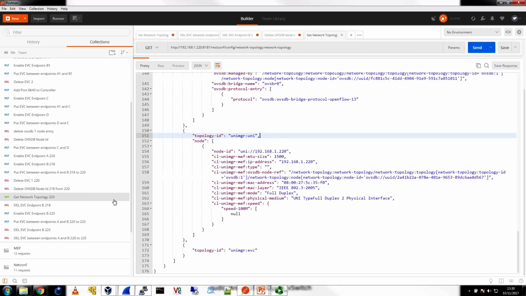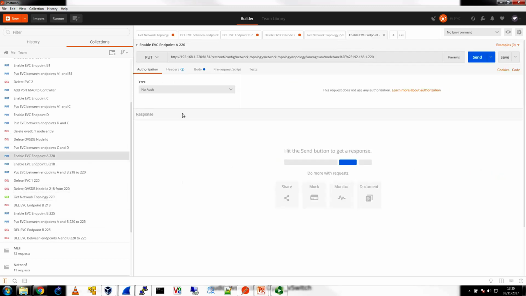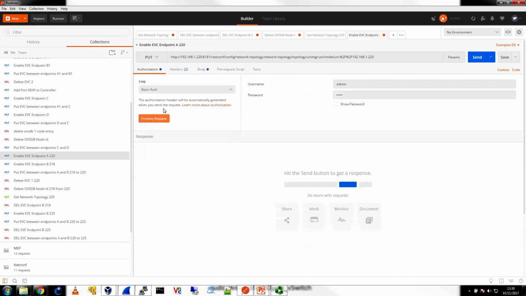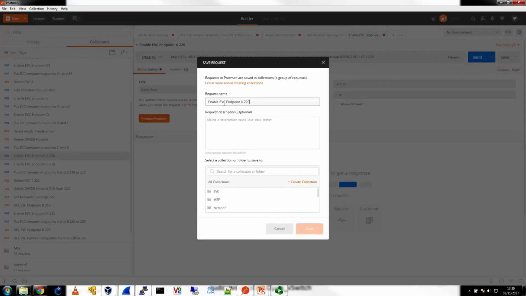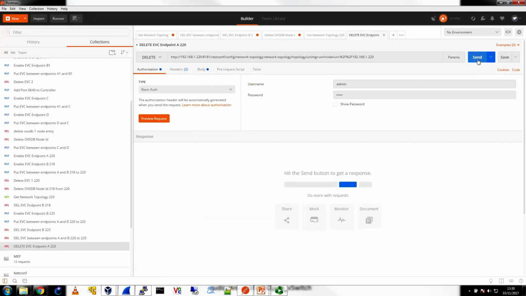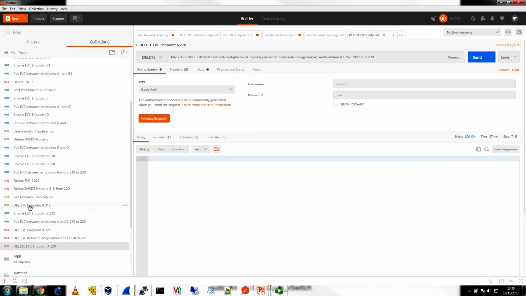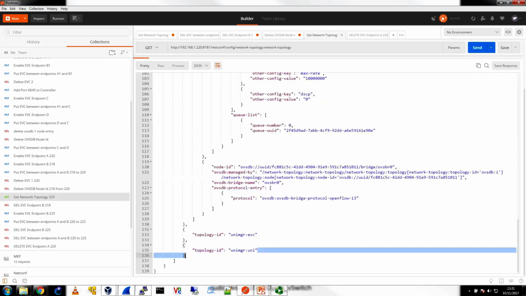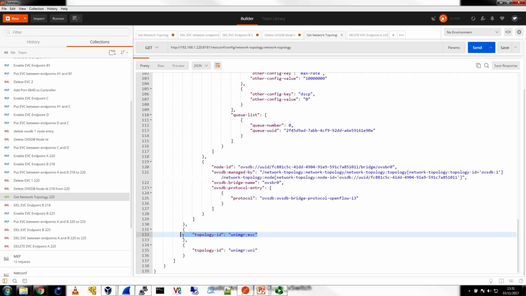So we still need to remove that. That end, if you like, was put using this. So this would be the put with the right authorization. If I now delete it, so I'll save that as a delete. In that collection. Make sure the authentication is on, correct, send, wait for the 200 OK, check the topology, send, so that it makes the new request, and we can now see that there are no endpoints and there's no virtual circuit